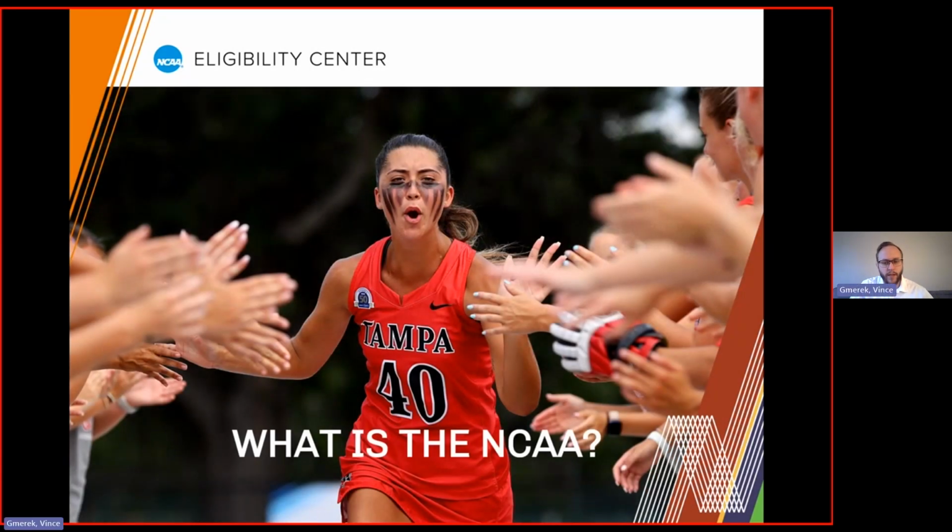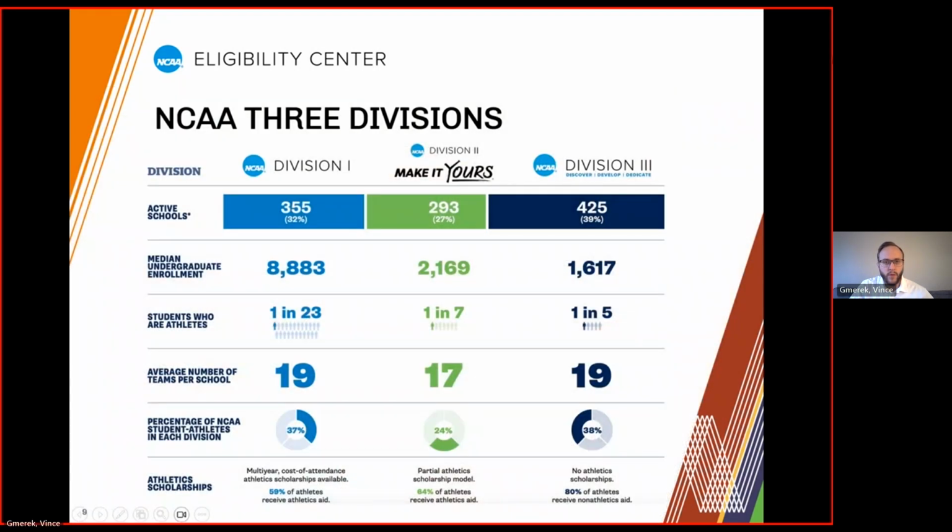So we've talked a little bit about it already, but now we're going to talk about what the NCAA is in general. Again, the NCAA stands for the National Collegiate Athletic Association. It represents 3 different divisions of colleges and universities in the United States. And here you can see some broad numbers for how the breakdown falls for each of those 3 divisions. You'll notice that there are around 300 or more schools per division. So in total, there are over 1,200 NCAA schools, and we represent over 500,000 student athletes between those 3 divisions.